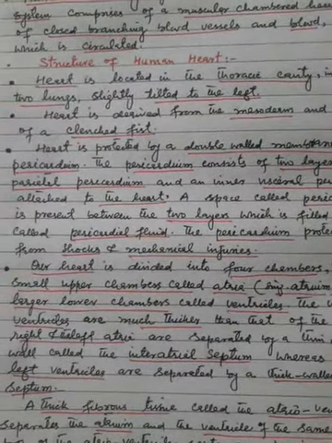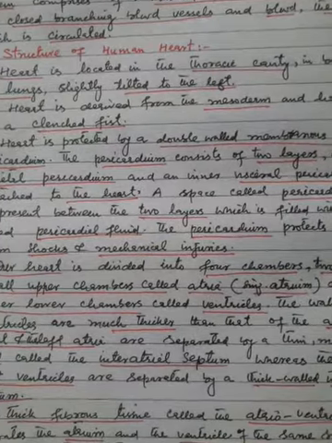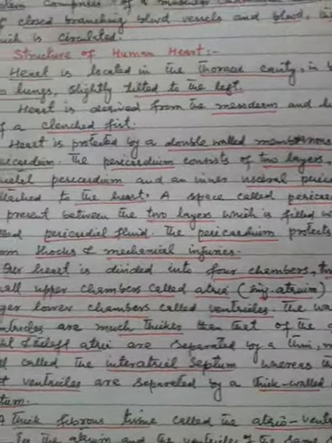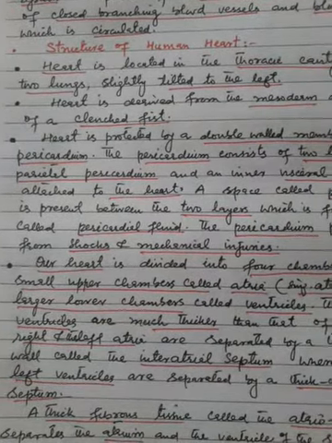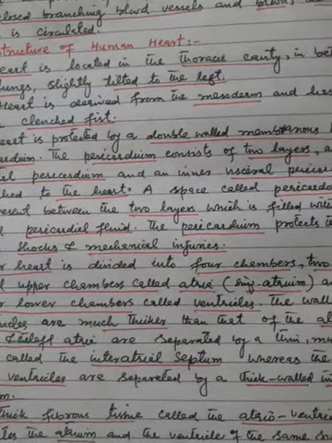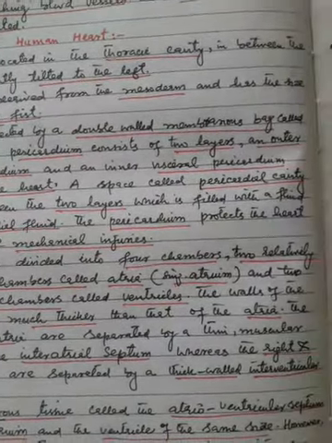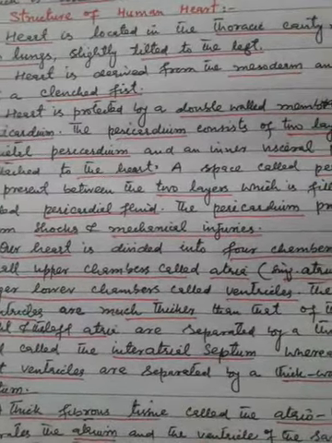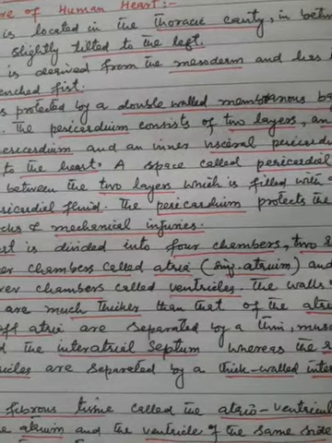The right and the left atria are separated by a thin muscular wall called the interatrial septum, whereas the right and left ventricles are separated by a thick-walled